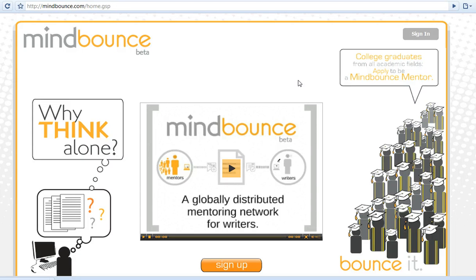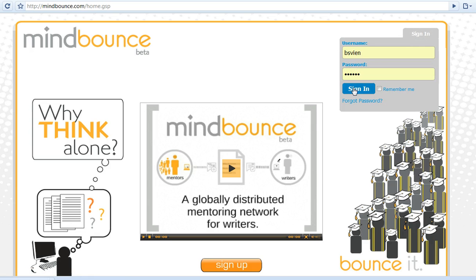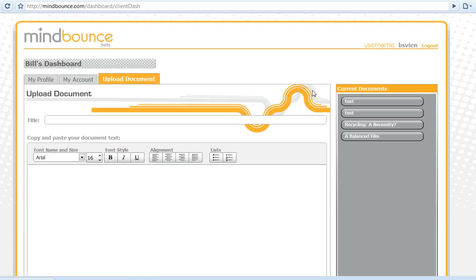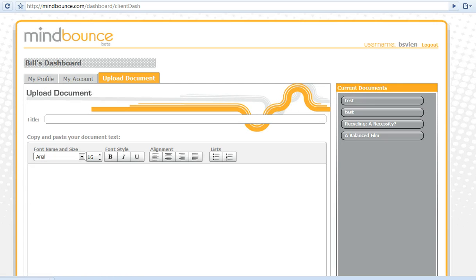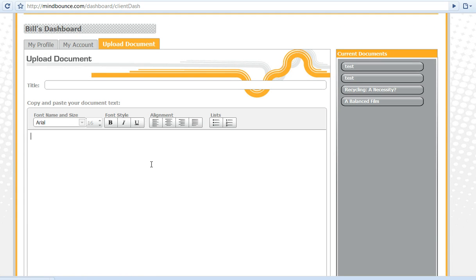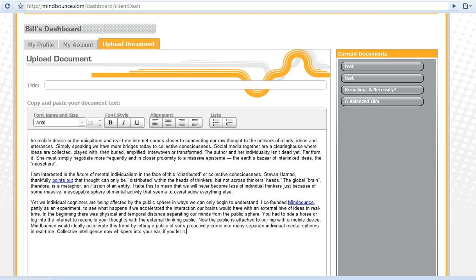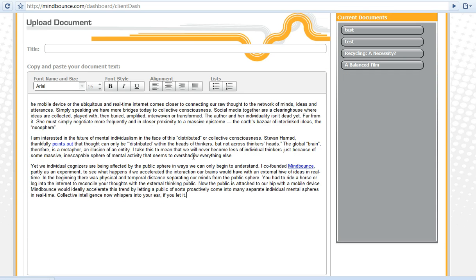Mindbounce.com is a tool for writers who find value in being able to communicate while they think or write. So if you're a writer, what you would do is log in to Mindbounce and have your writing be seen by mentors. You just copy and paste your writing here and add a title that would be seen by the mentors,